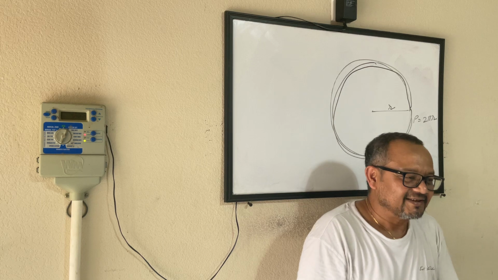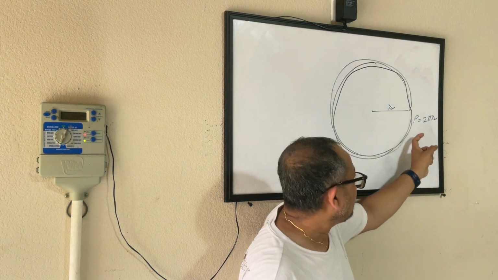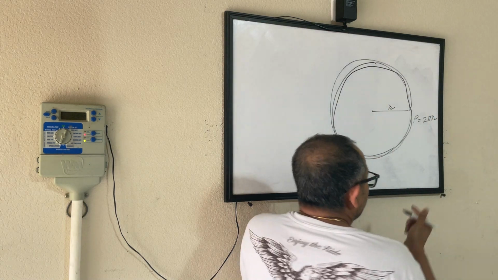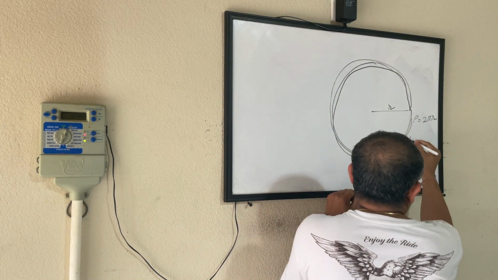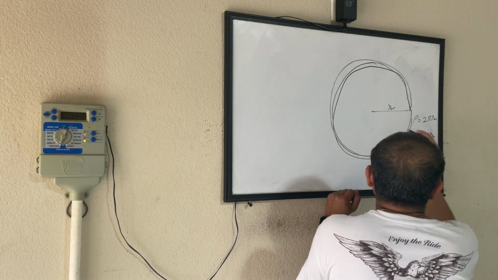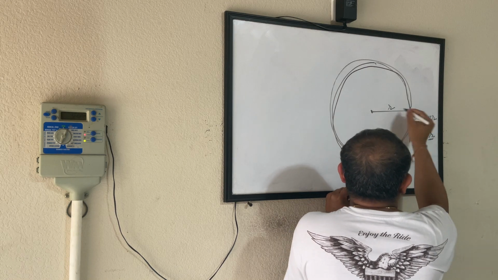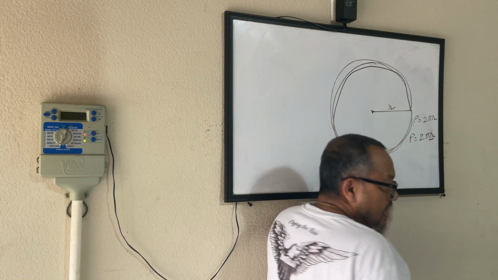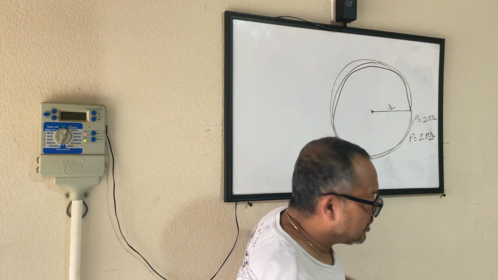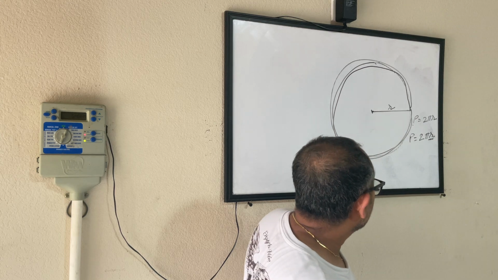Very nice. Alright. So, perimeter is nothing but the length of the entire boundary. And how you calculate perimeter is 2 times pi times r. R is nothing but the radius. Radius meaning the distance from the center to any point on the perimeter. And I am repeating myself, I know it very well, but I am doing it for a reason. Okay? So perimeter is 2 pi r. Now,